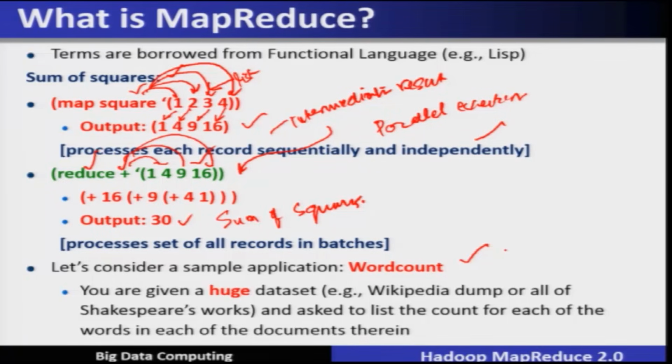Now, let us see a simple application, here written as a sample application of word count. Let us say we have a large collection of documents. Let us assume it is a Wikipedia dump of Shakespeare's works; it can be the works related to any other important person. We are going to process this huge data set, and we are asked to list the count for each of the words in this one document,